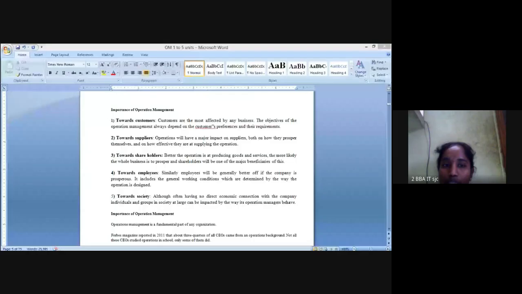If they're satisfied, they have more sales. If they're not satisfied, then they'll get negative feedback. They lose their goodwill. When an organization performs all the operations correctly and perfectly while manufacturing the product, then they will not receive any complaints from the customers. Towards customers, all the operations are successfully applied while manufacturing the product.